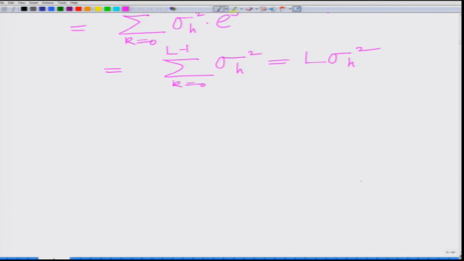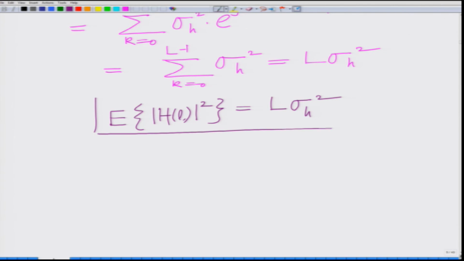Therefore, we have the expected value of magnitude H_L square equals L sigma h square. So, we have the variance of the channel coefficient on the Lth subcarrier